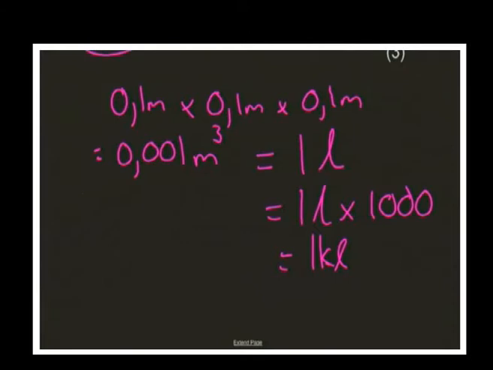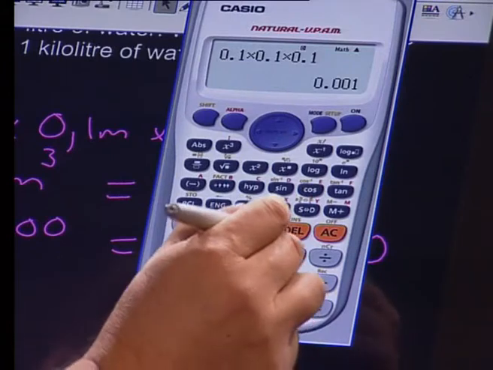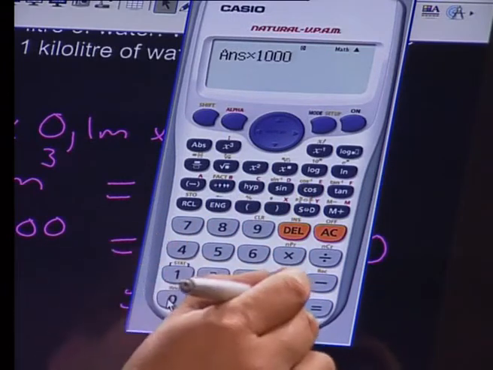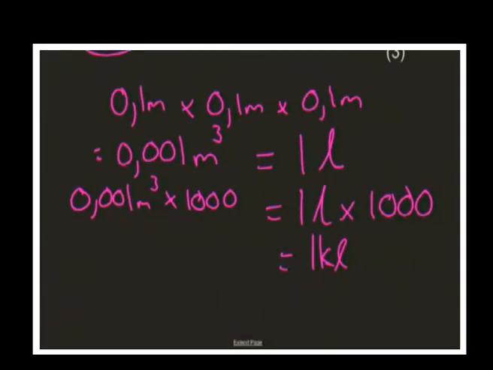So on the one side of my equation, I've multiplied by 1,000. It only stands to reason then, because we're fair and wonderful people, that on the other side, we're also multiplying by 1,000. So that's what I'm going to do here. I'm going to say, all right, I've got 0.001 meters cubed. Let's multiply it by 1,000. I've already got 0.001 on my screen, timesing by 1,000, and I'm going to get an answer of 1. So I know that 1 cubic meter is equal to 1